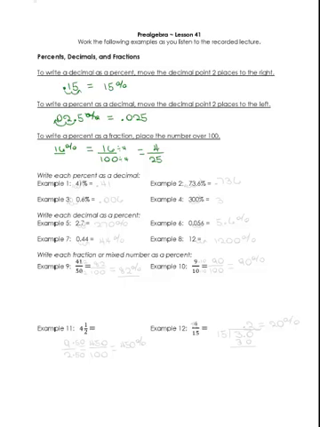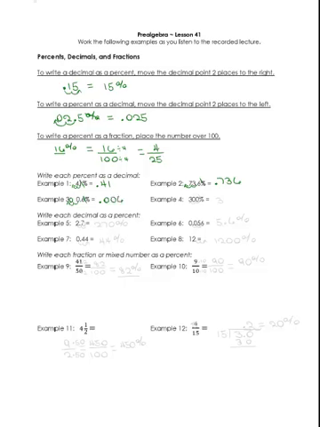Example number 1 is 41%. I want to write it as a decimal. I'm going to take away the percent sign and move the decimal point 2 places to the left. It will be 0.41. Number 2, same thing. When I take away the percent sign, the decimal point goes 2 places to the left. 0.736. For example 3, same thing. 2 places to the left means I have to add a 0. I have to fill in, so it's